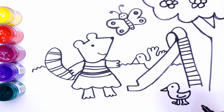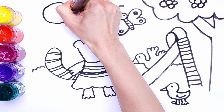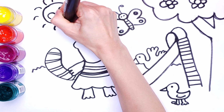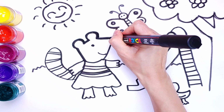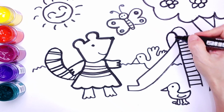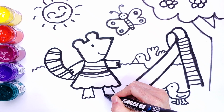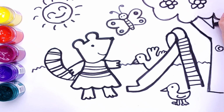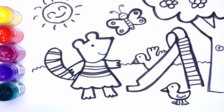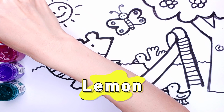And last, I'm going to draw sun with a smiley face. Finish! Let's make it bold. Let's paint. Lemon,